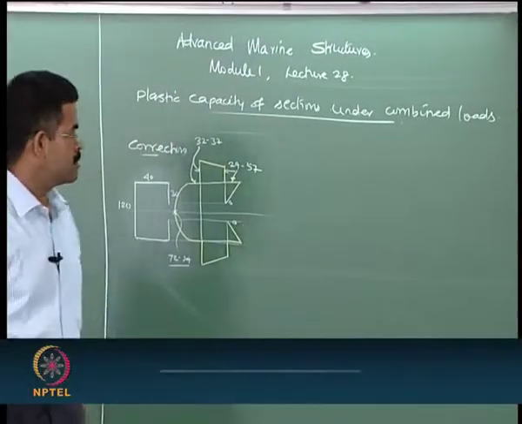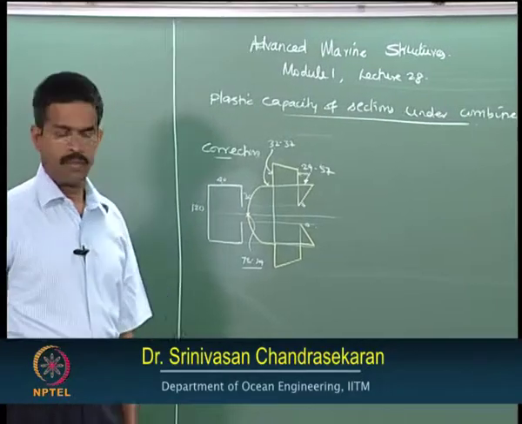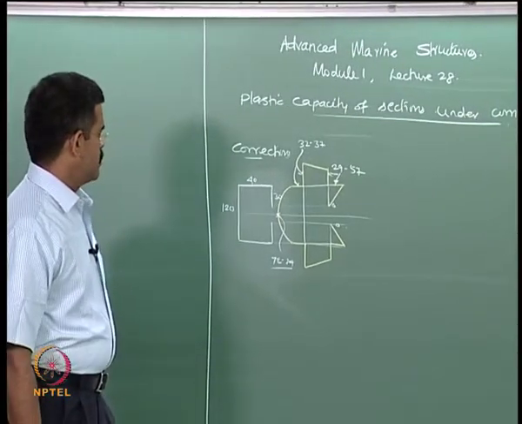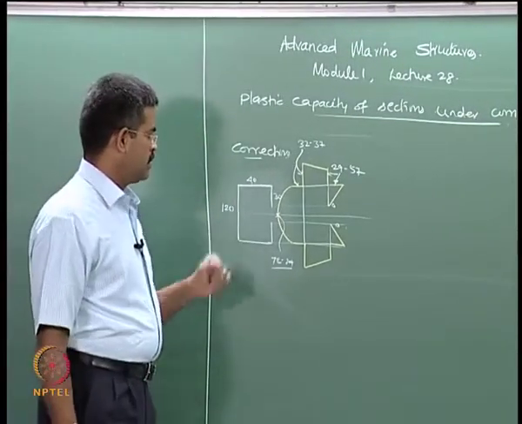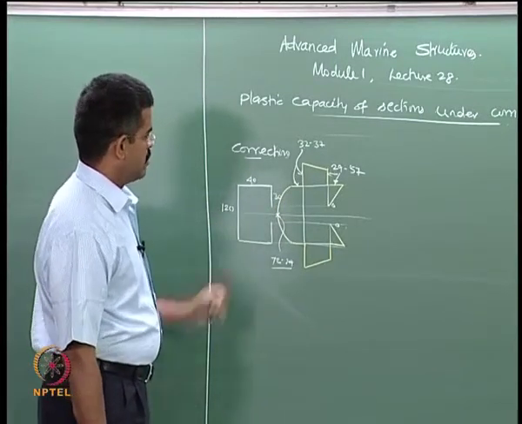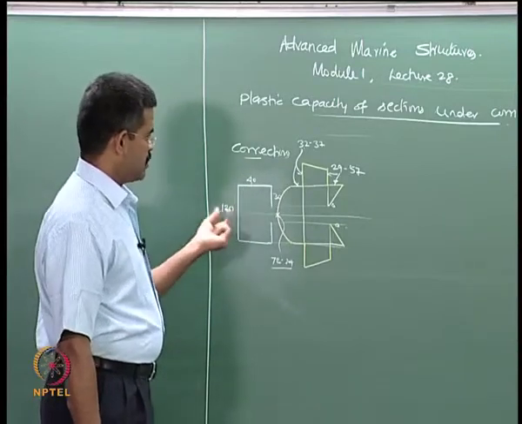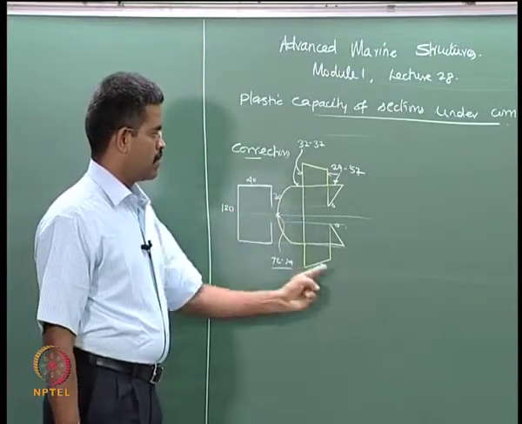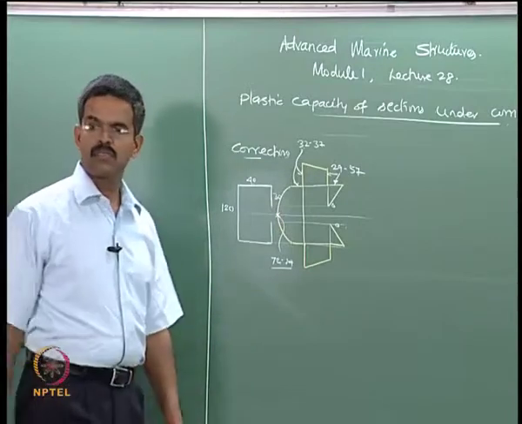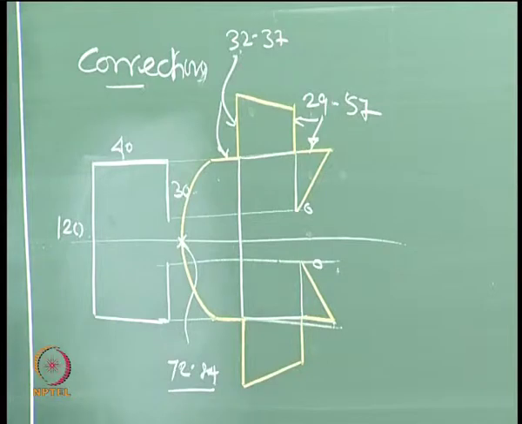So, in the last lecture we discussed the shear flow examples. We did one example of the box section, or let us say the channel section with an overhang or a drop hang, for dimensions of 40, 13, 120. We made a shear flow diagram like this, and then we computed the shear center to be around 12.82 millimeters. There is a small correction which I want you to make.